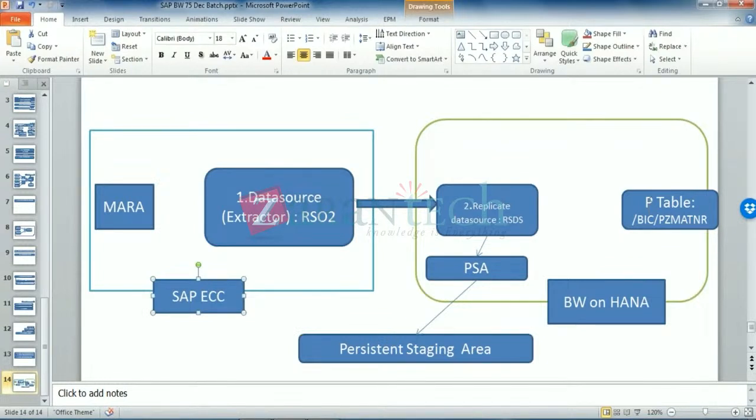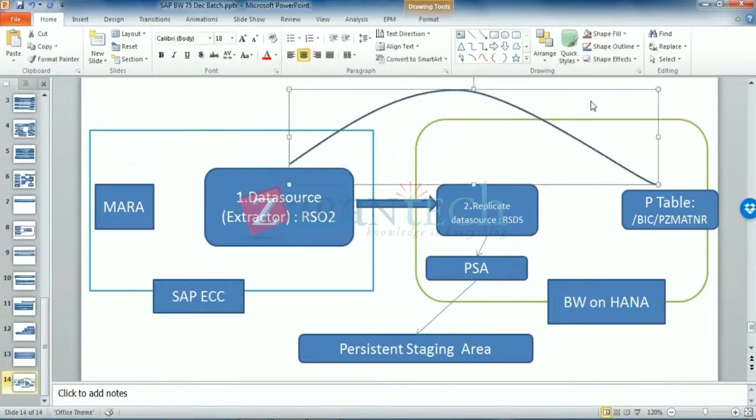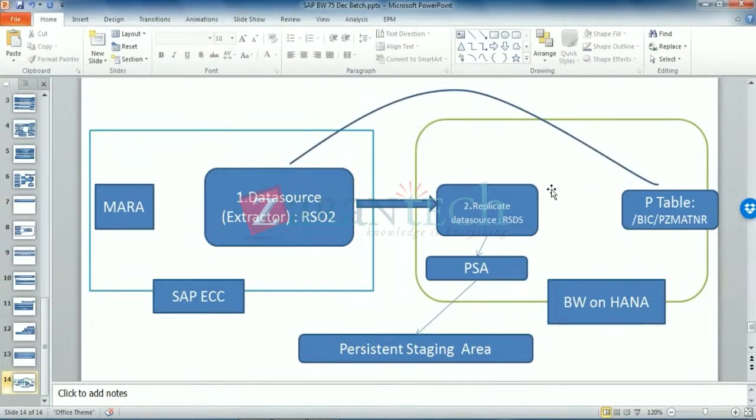The reason for this is, before you update the target table, you have to do a data validation. You have to check the quality of the data and ensure that the data you are loading is consistent. Sometimes you also need to apply some business logic before you load the data into the target table. Take a scenario where you are directly extracting data from the source table and updating the target, removing the PSA. If you try this kind of extraction, what happens is,